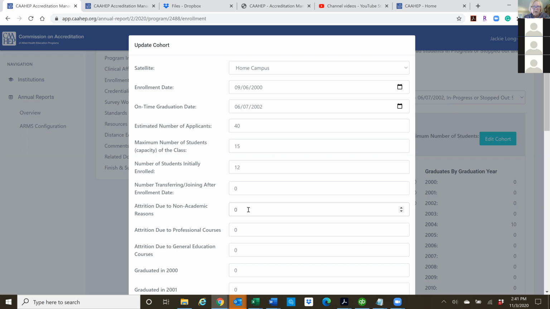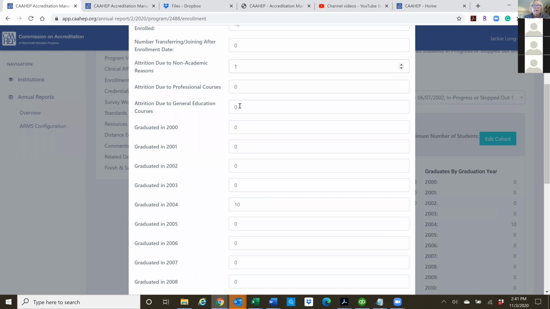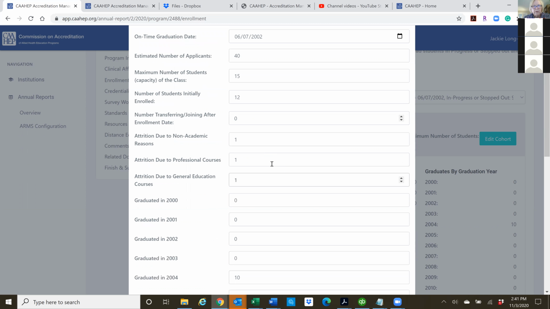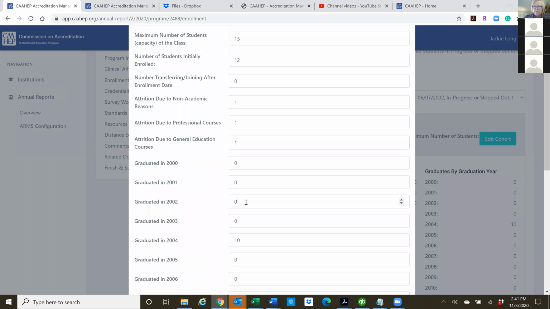Of those 12, we lost 1 who left because they just didn't like the program. 1 failed because of professional courses, and 1 failed because of a gen ed course, physics. So their graduation date is in 2002, so it's going to go in here, and you graduated 9.